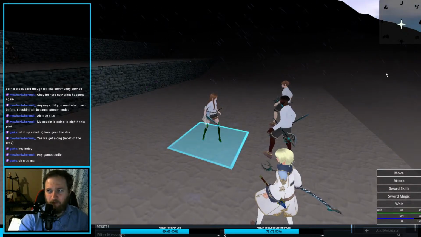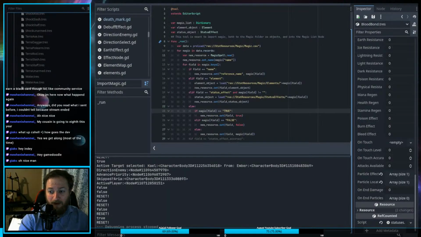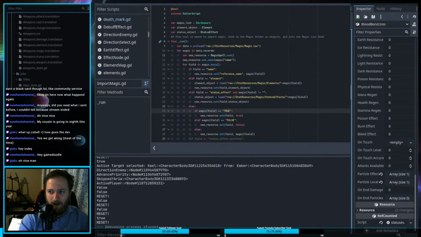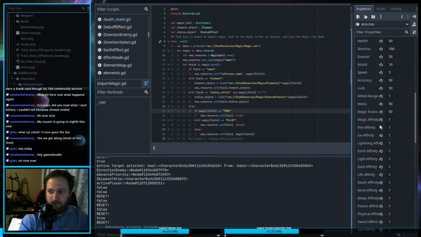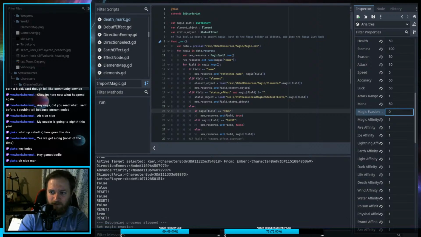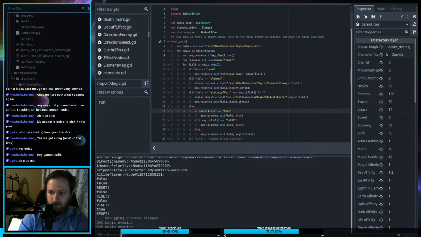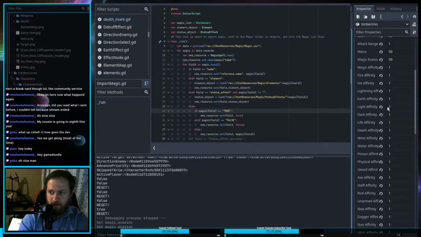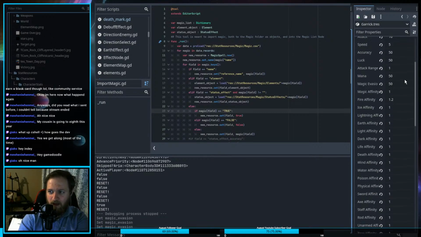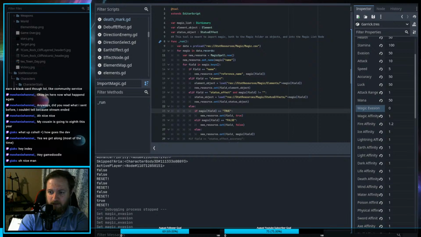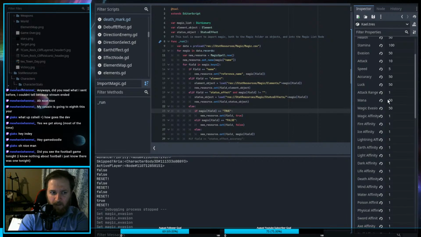Okay, let me go reduce everybody's magic resist from whatever it is and why ever it is so high. We'll fix that. Okay, so magic resist is magic evasion. We're gonna make that 0 for everybody. Everybody should have 0 magic evasion unless they're goated. That should fix that. So yeah, if you got ideas of what this should look like, that'd be kind of cool. I think something subtle, but